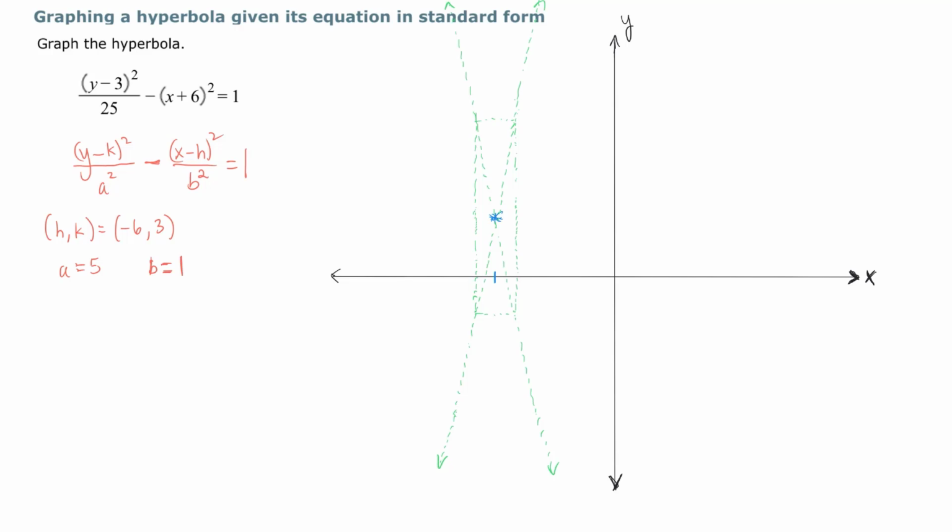Now, because this is opening up and down, I need to locate the vertices. There's a vertex here. Let's label that. That's actually negative 6. 1, 2, 3, 4, 5, 6, 7, 8. And there's another vertex here, and let's label that as well. That's negative 6, negative 2. So there's the vertices. And then the 2 hyperbolic branches